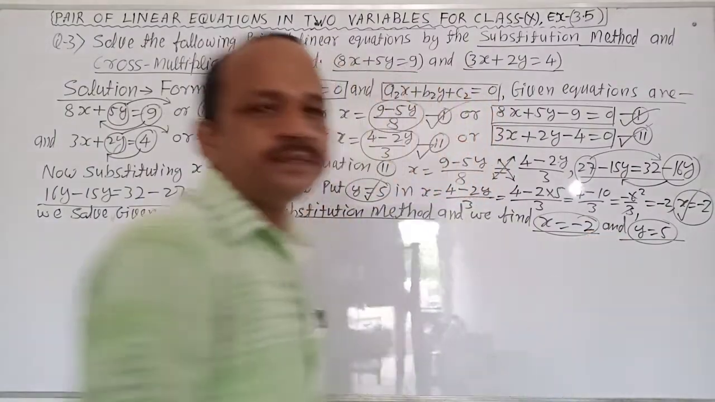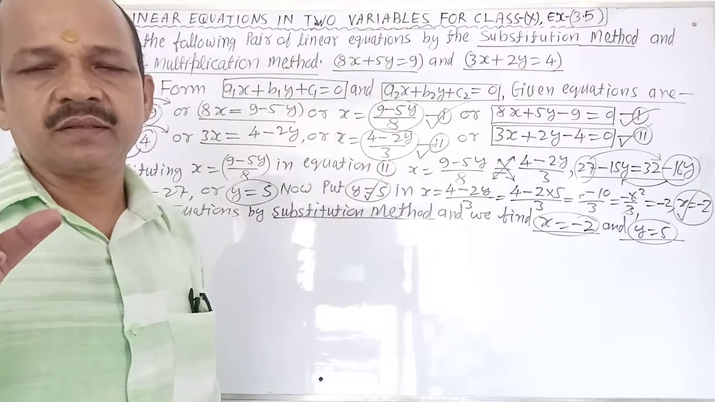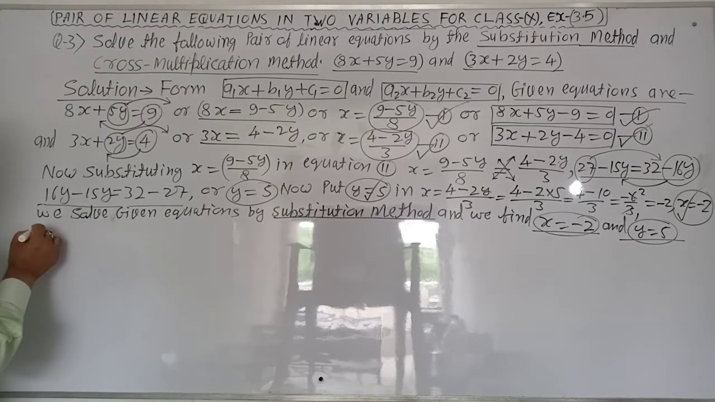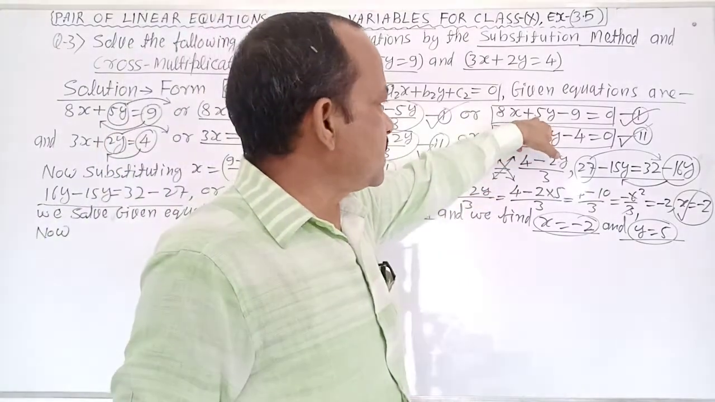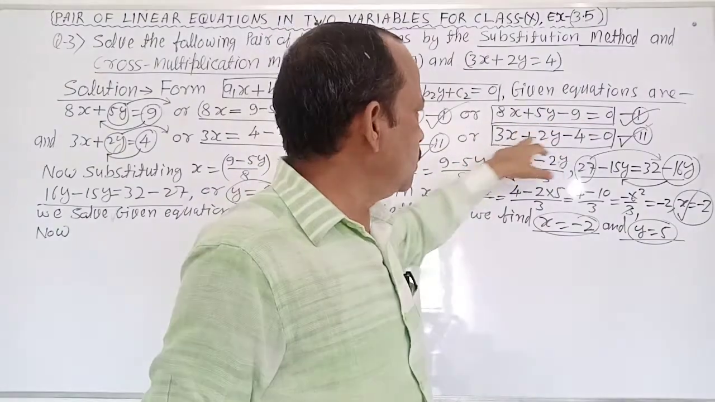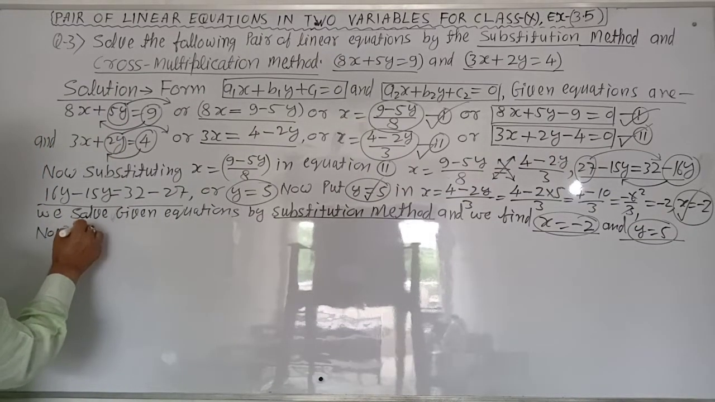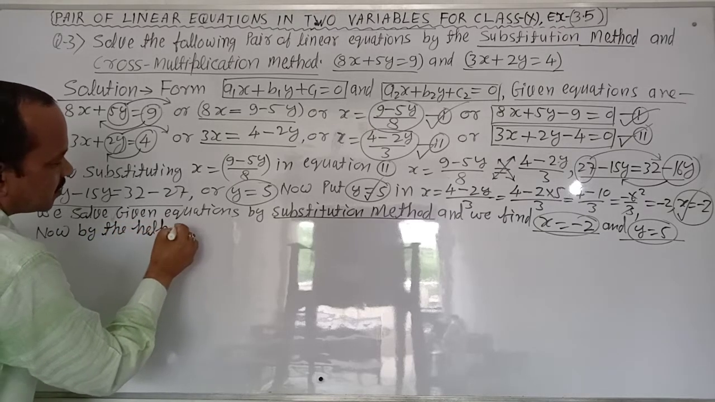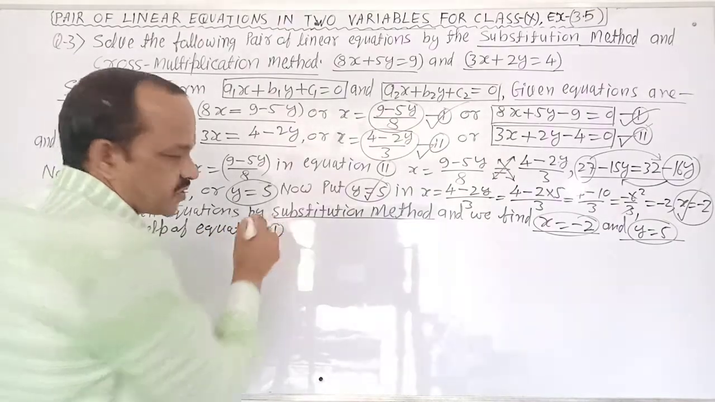Now we solve the given equations by the cross multiplication method. Clear? Now here, equation first, equation second: A1 B1 C1, A2 B2 C2. Clear? Now by the help of equation first,